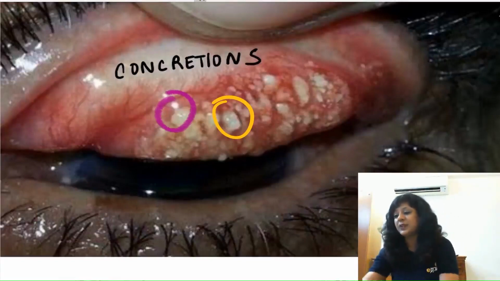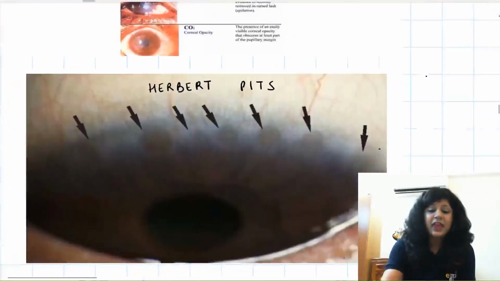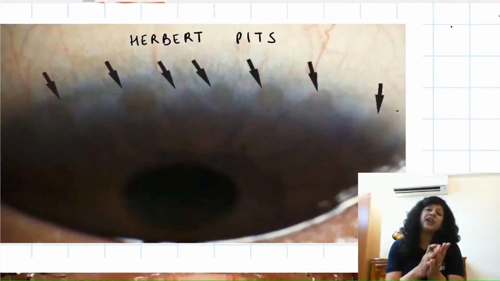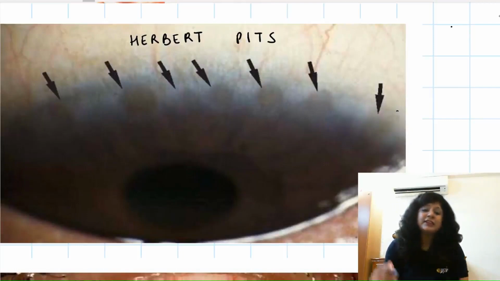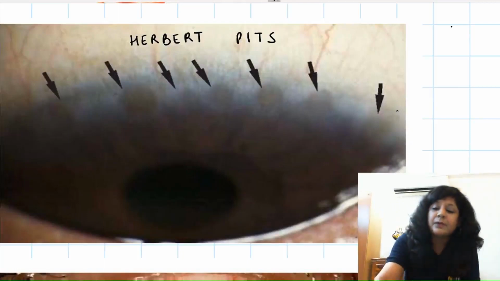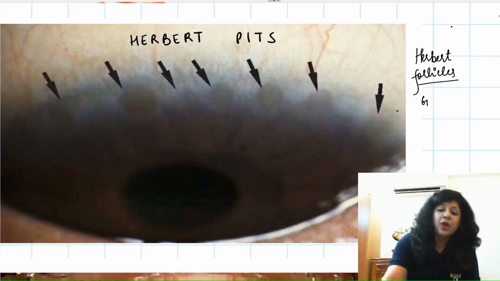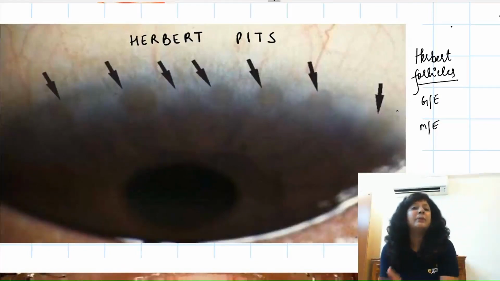Okay, now the next page. Coming to the corneal things, what are the things that can occur in the cornea? Now similar to the sago grain follicles that were found in the conjunctiva, we are having the same follicles in the cornea also. Here they are called as Herbert follicles. The follicles are just the same gross appearance, sago grain appearance, same microscopic appearance, the Leber cells, and we have the signs of necrosis, but here they are called as Herbert follicles.